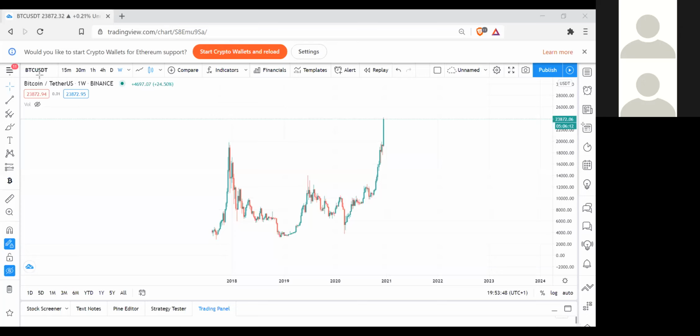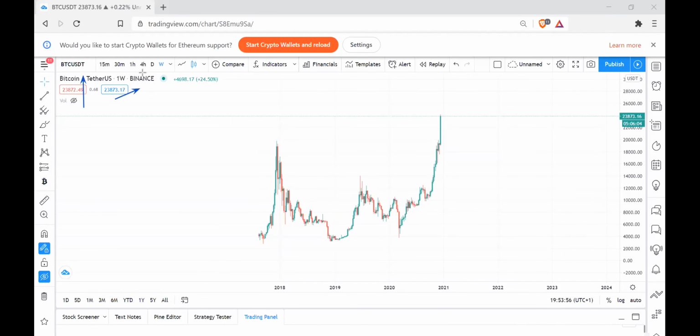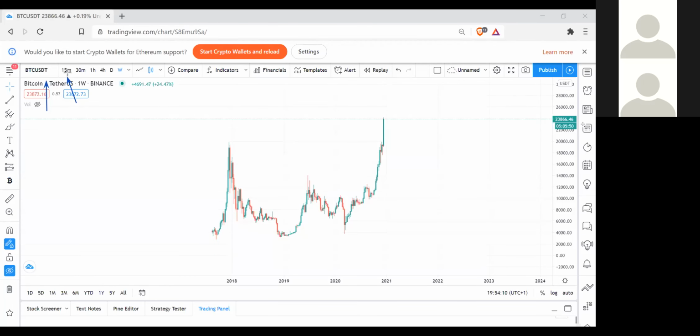Over here, you have the name of the pair. See, this is Bitcoin USDT, and in here are the time frames. So you have the 15-minute, the 30-minute, the 1 hour, the 4 hour, the daily, and the weekly. What this means is each time frame corresponds to a candlestick. So what they're saying is, if you choose the 15-minute time frame,